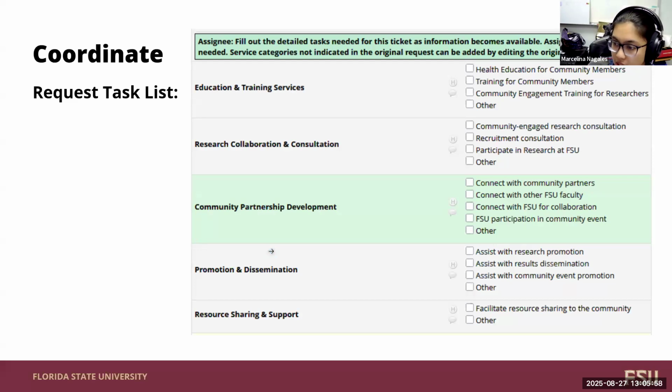So the second to last bit of the coordinate form is the request task list, and this pulls directly from the request itself. So each of these is the level 2 for community engagement, and then each of these is the level 3 option for community engagement. So this will automatically be checked, and that's something that we didn't have in the ticketing system 2.0 that we wanted to implement in the